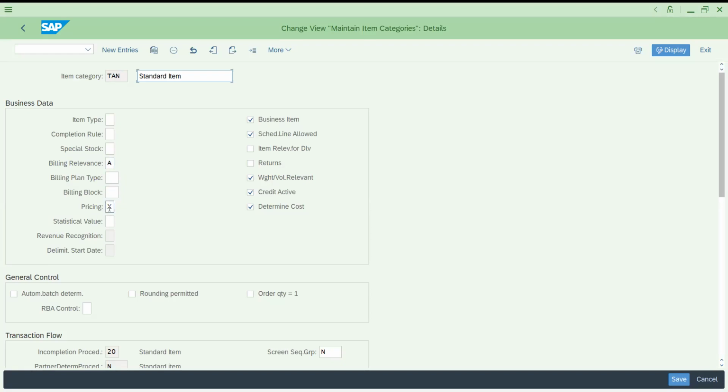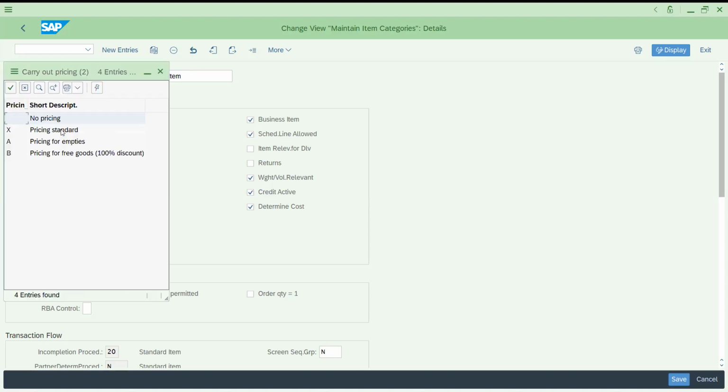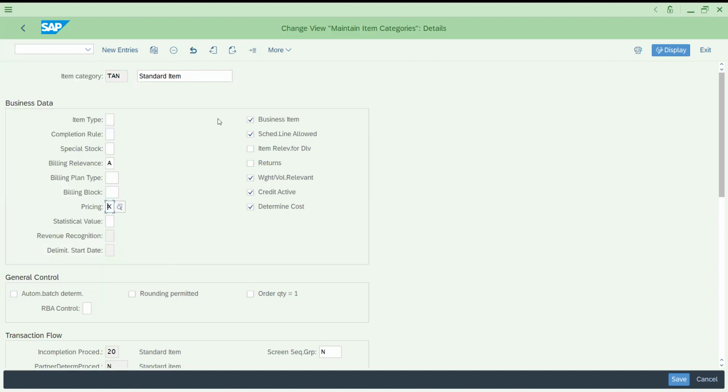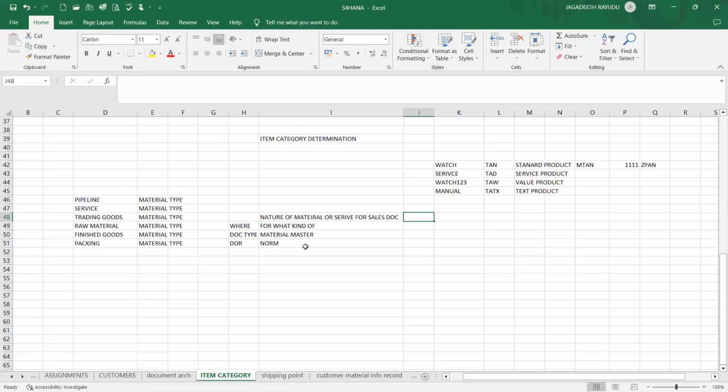So pricing is also required. For pricing you have a couple of things, like whether it is a standard product, pricing for empties, or else free goods. I'll explain this later. Free goods is one different section. Now you got it. So that means norm. The next one is usage. I will explain you